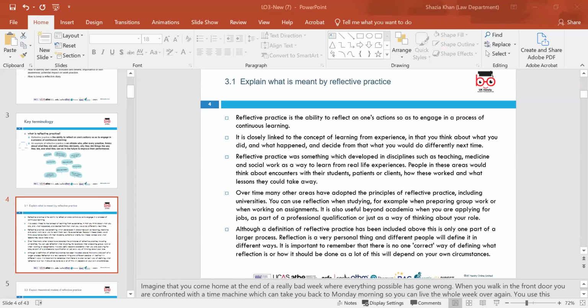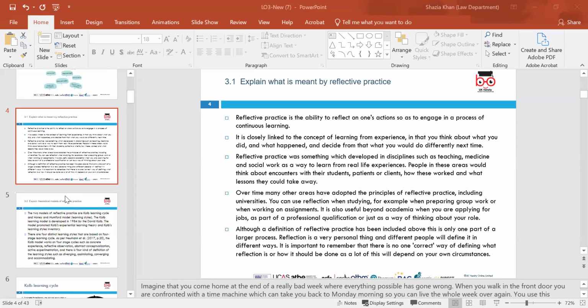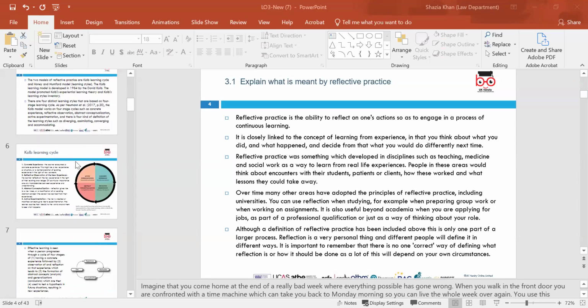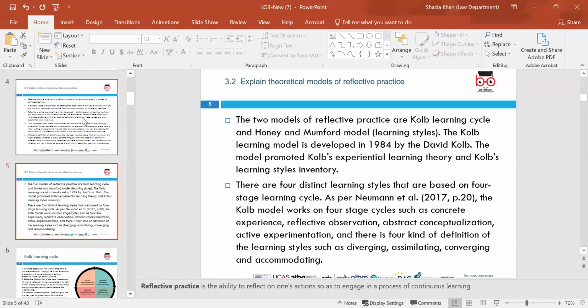Because with reflective learning, if there's an incident, you need to know when, what, how, what happened. So maybe you will find out, if there's an accident, that maybe there was a service provider who was not trained very well. So it means they need to be trained so that the mistake doesn't happen again.